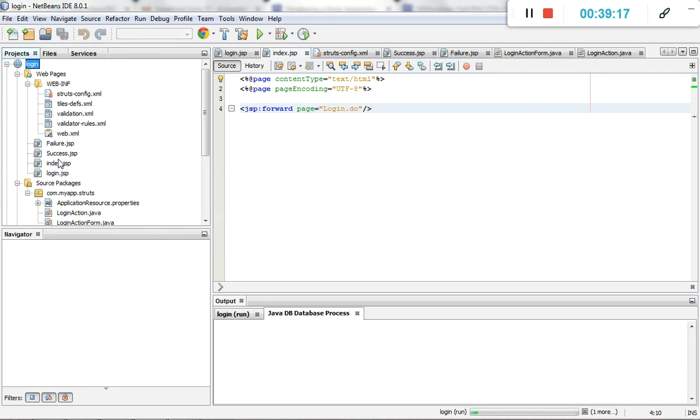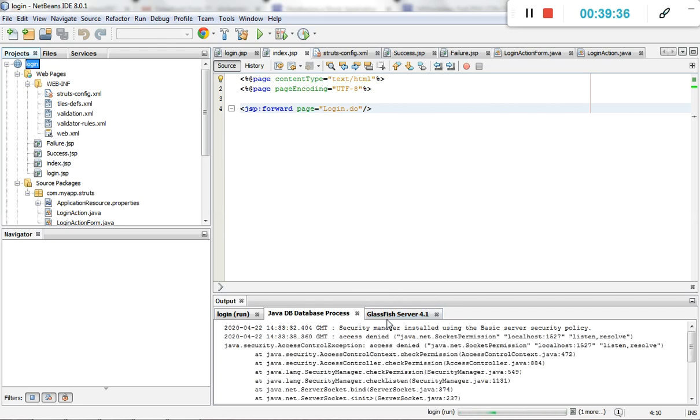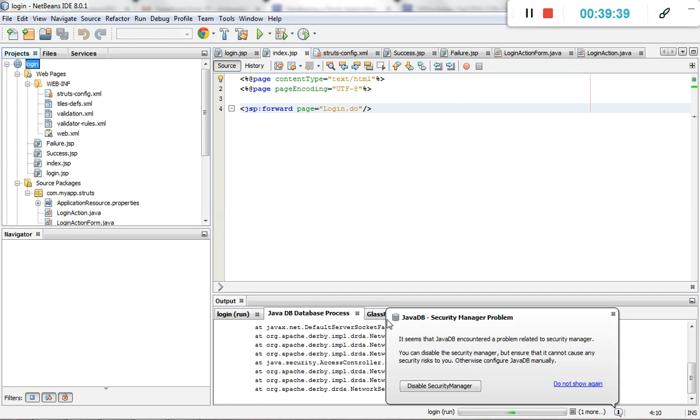It's an HTTP type process related to the server, which we selected as a GlassFish server. Then still not showing any error. It takes time to run it.